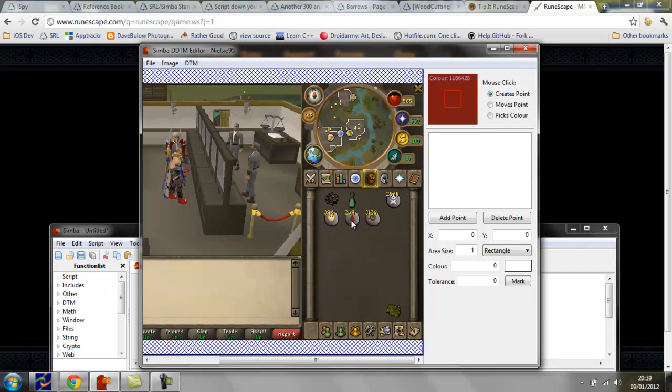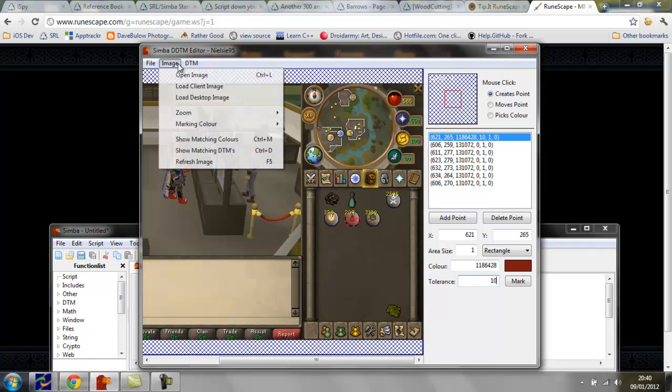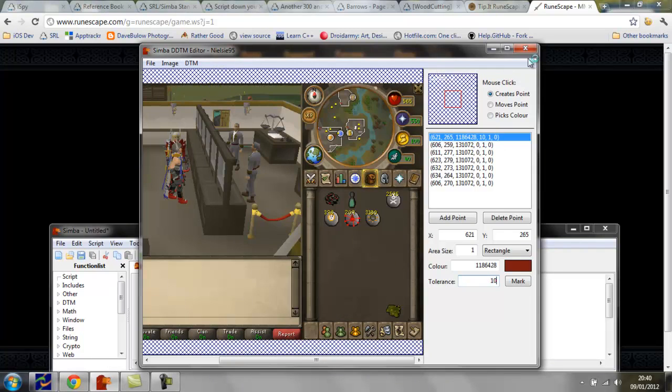DTM, and we'll create one of, say, the blood rune. So create some points around it. Now notice I'm missing out the top part because it's a stacked item, which means that the text could potentially get in the way and overlap the outline. So I'm going to leave the top part alone and just do that area there. Once again, add a bit of tolerance to it so it doesn't change, and we'll set that to 10 and print it,